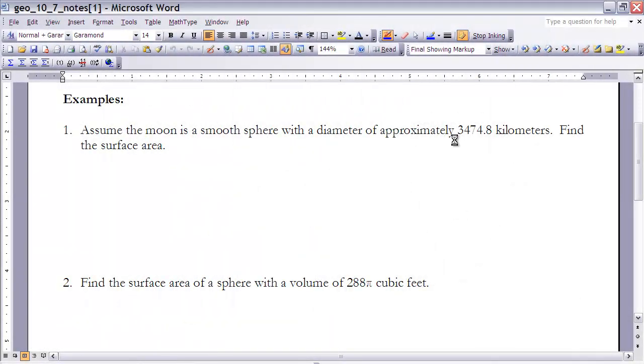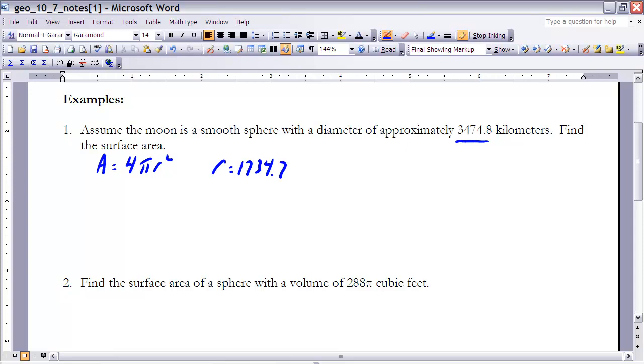Alright, example 1 says assume the moon is a smooth sphere with a diameter of 3,474.8 kilometers. Find the surface area. Well, I know that the surface area is equal to 4 pi r squared. So the only thing that I need to know is the radius. They gave me the diameter, and I know that the radius will be half of the diameter. So if I take 3474.8 and divide it by 2, I know the radius would then be